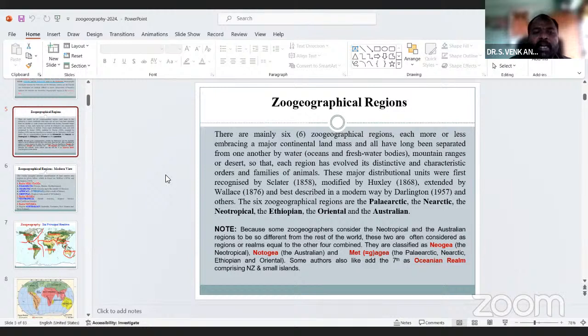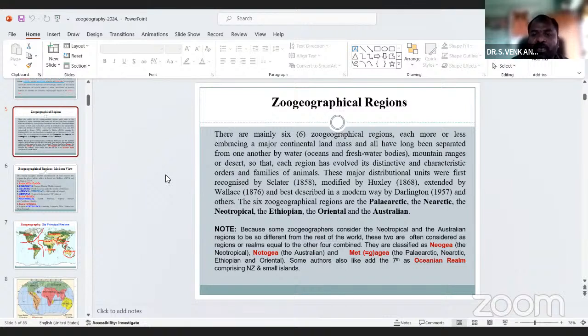There are mainly six geographical regions, each more or less corresponding to a major continental land mass, and all have long been separated from one another by water, like oceans and freshwater bodies, mountain ranges or deserts, so that each region has evolved distinctive characteristic orders and families of animals.